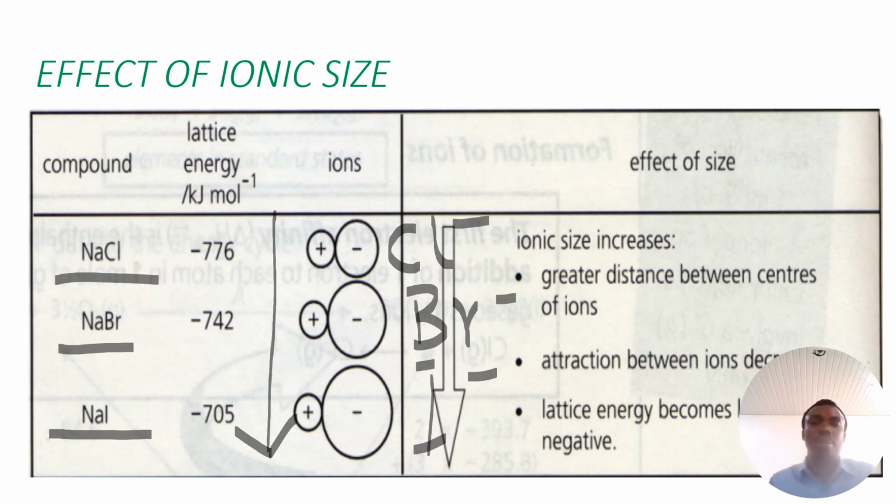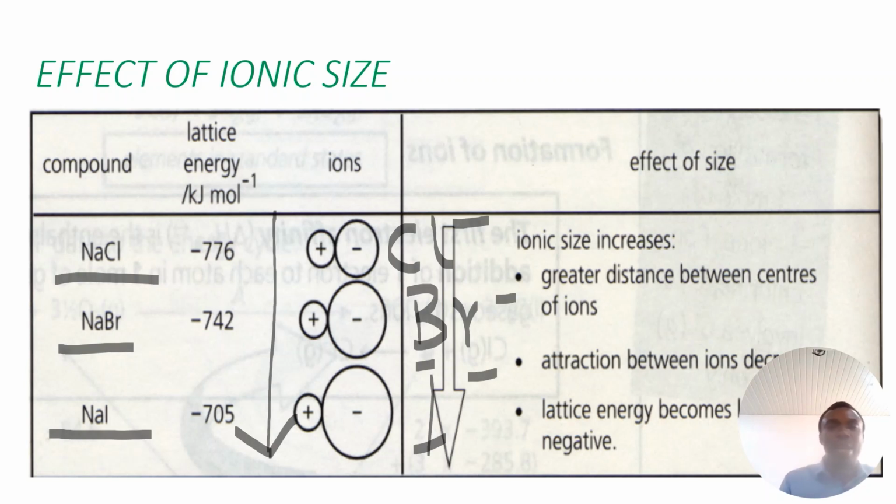less exothermic. That means there's a decrease in the lattice energy. There's a decrease in the electrostatic force of attraction between the oppositely charged ions. So the lattice energy becomes less negative, less exothermic, and less stable. So there's a decrease in the lattice energy as a result of an increase in the ionic size or ionic radius. As the ionic size increases, there will be a greater distance between the oppositely charged ions. So the attraction between the ions decreases, and the lattice energy becomes less negative,